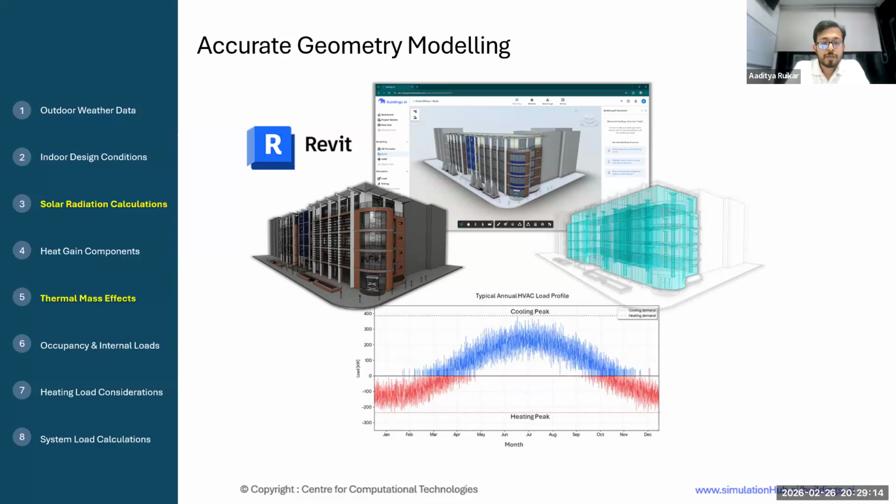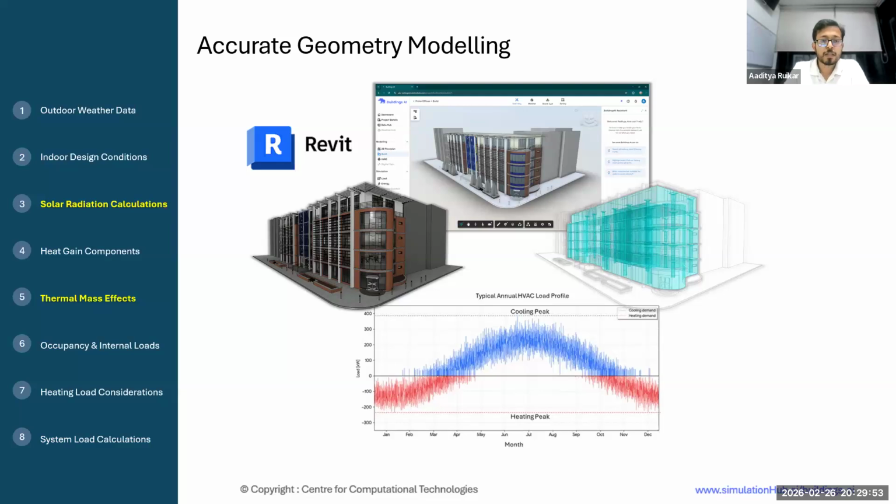Then opaque building envelope and fenestration. As it is using EnergyPlus in the backend, we have both options. Whether you want to go for design day calculations or the annual load calculation based on 8,760 hours, you can go for it and you will get results like shown in the graph here. For every hour, you will get the hourly loads, and from that the maximum is the cooling peak and the minimum can be the heating peak. For every zone you will get that.